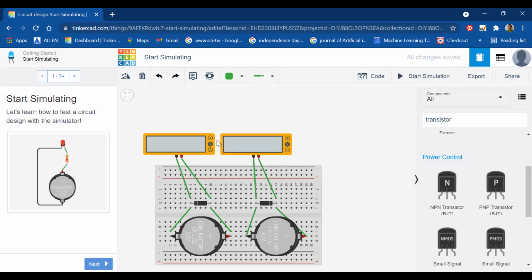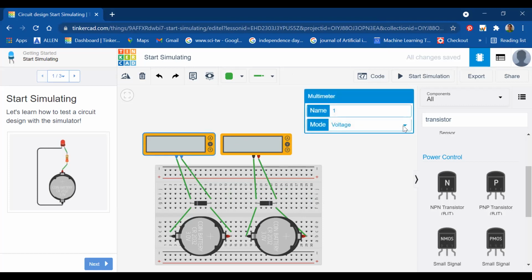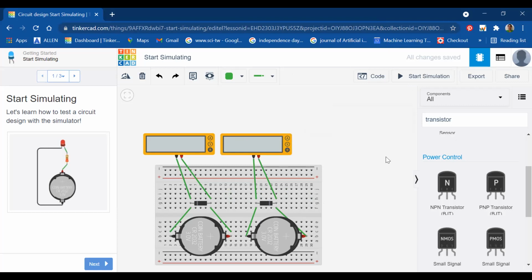But before that, let's first see what it is going to indicate when I switch this to my resistance mode. So here you go with the resistance mode, and here I am again going to start the simulation. You can see here that it is 0. While you are checking the value of your resistance, you don't require any voltage to be given across your diode. So now I am going to start it again.